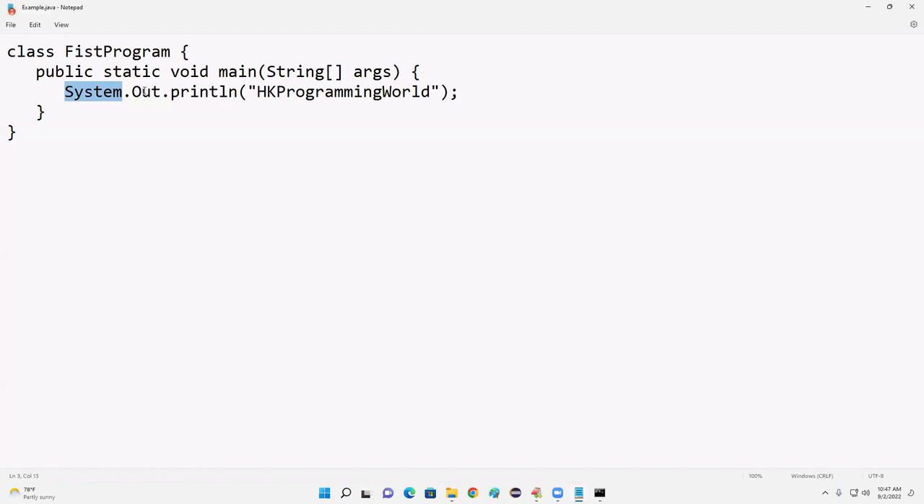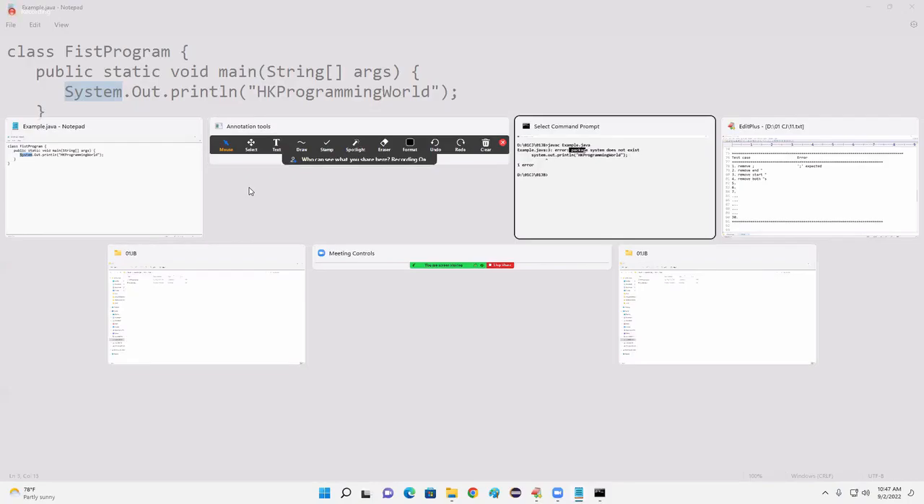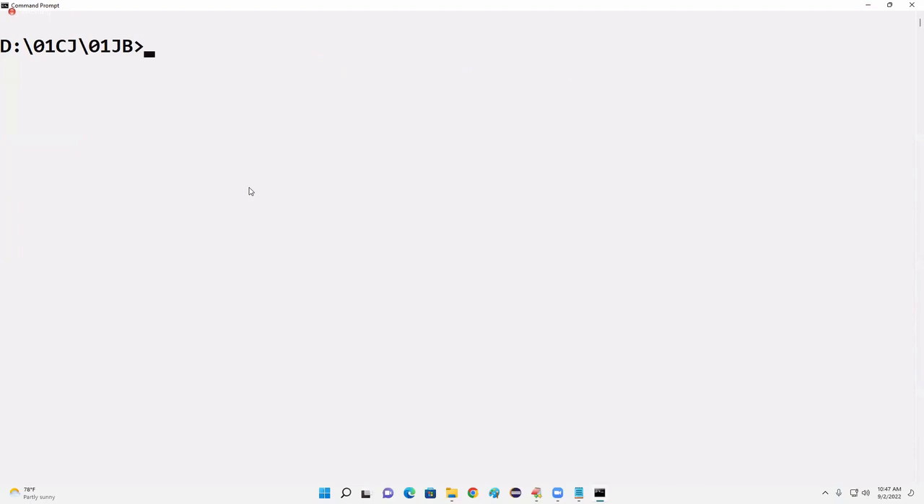Capital O. With the capital O, is the variable available or not available? Not available. Then the compiler will throw an error. The variable out is not found in the class System, right? Observe now. You have to analyze the subject and find the compile time error